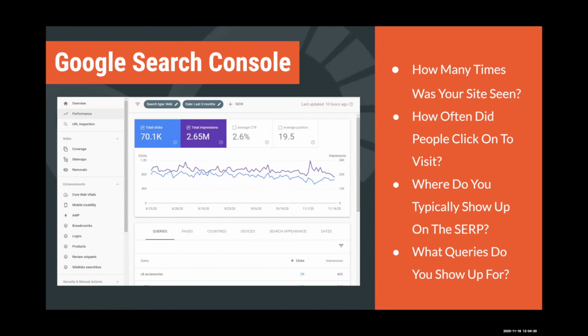So again, it's some more high level information, not as granular as you can get with some of those paid tools. But again, definitely a tool you should be using because again, it's free. It's a great first step for small businesses. It's something that